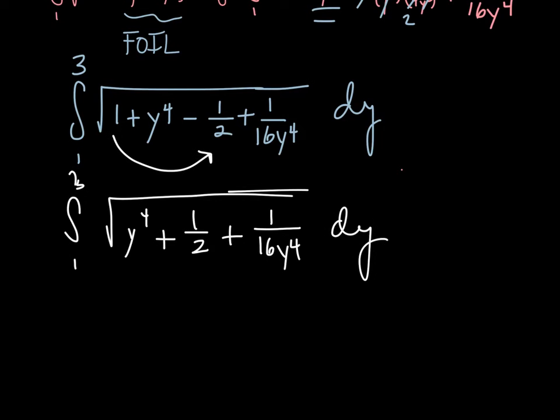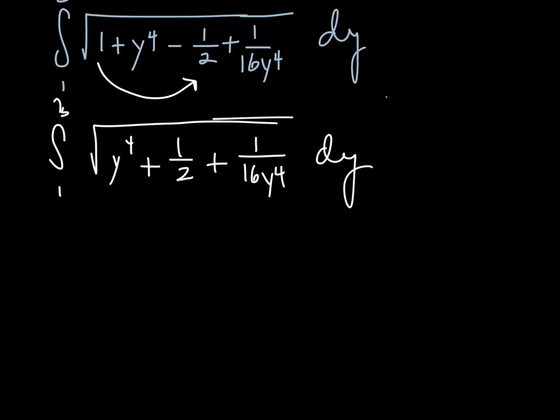The only reason this seems strange is that your middle piece doesn't have a variable, but remember, if you're doing 2 times that, the y squared's canceled. So this actually, if you factored it,